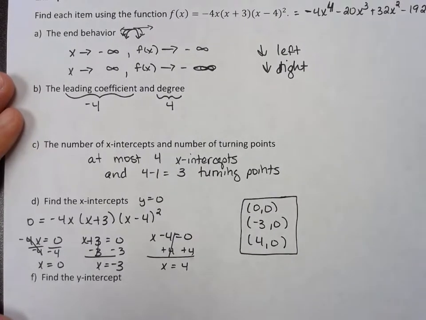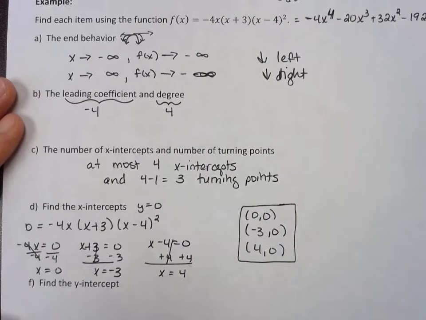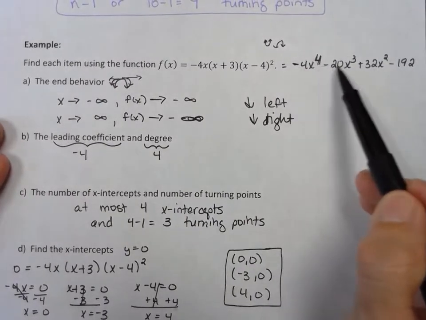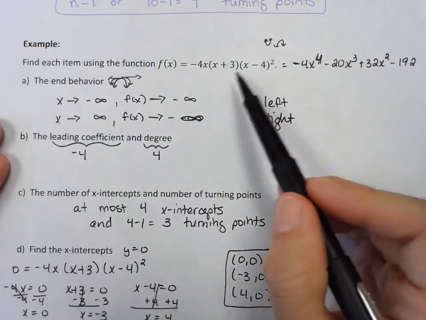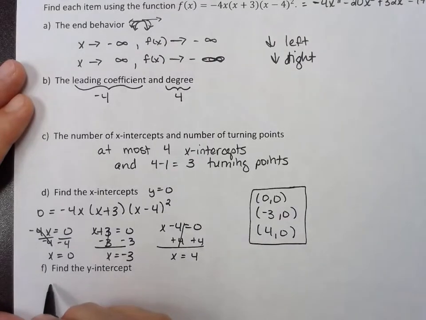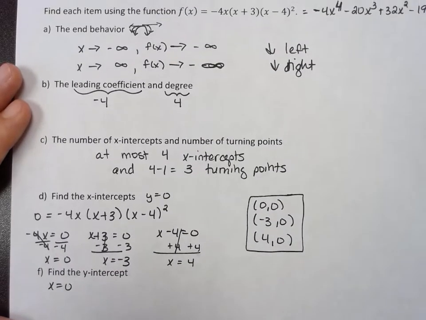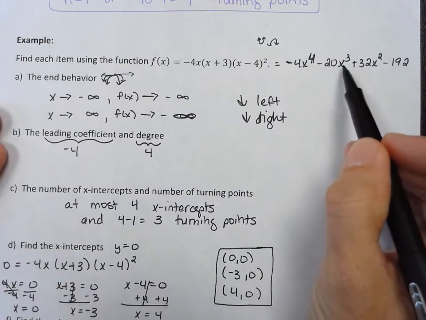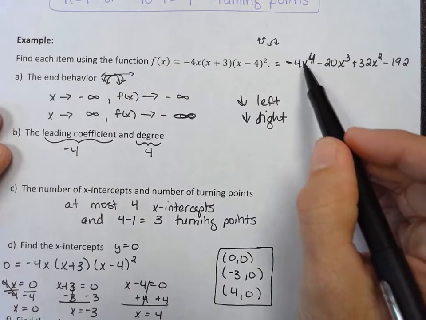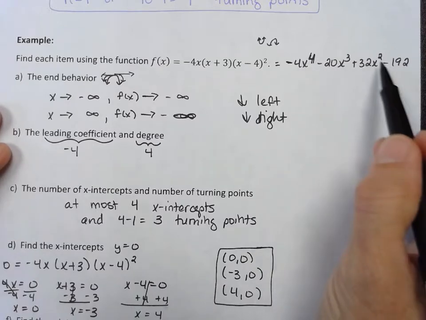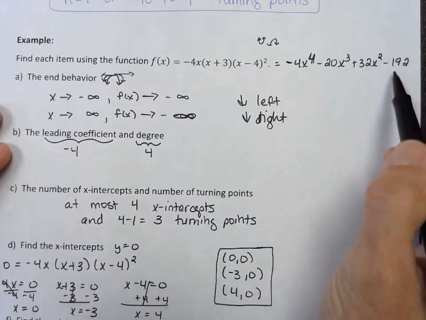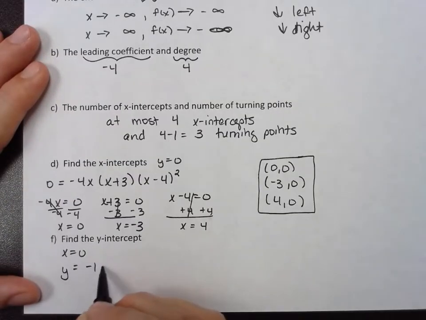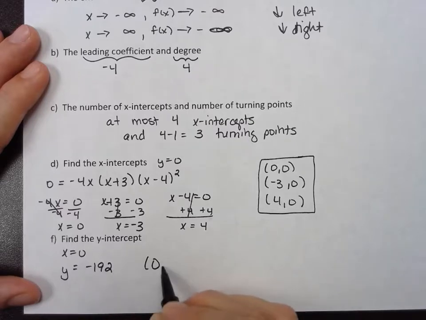Find the y-intercepts. It's really easy to use the multiplied out form of our function, but you could use either form when looking for the y-intercept. This is where x equals 0. So if you remember this, I can just put a 0 everywhere there's an x. If that's 0, that's 0, and that's 0, aren't you just left with -192? So you get y is equal to -192. So your y-intercept is a really small number,